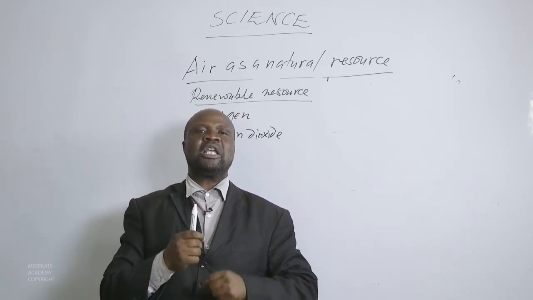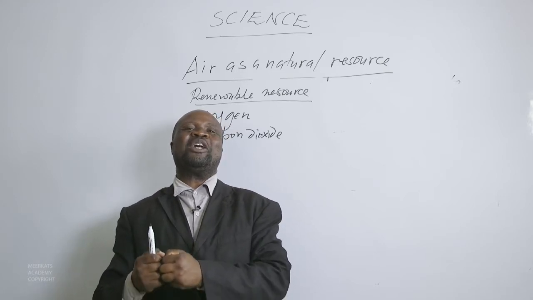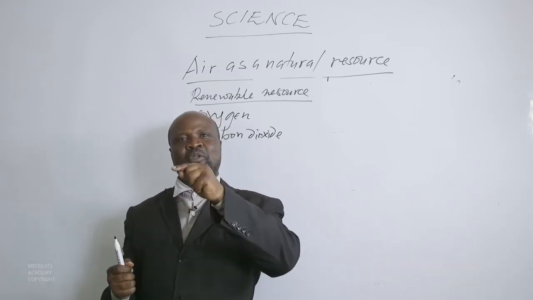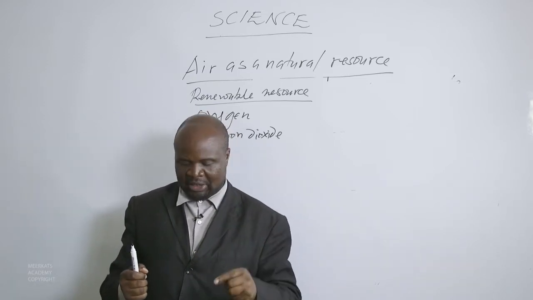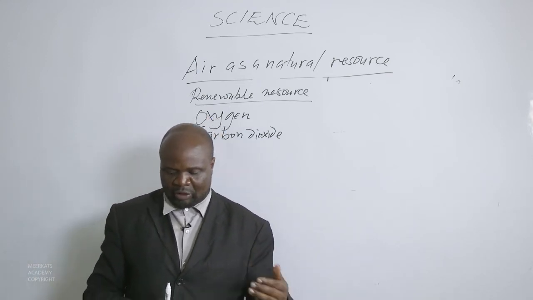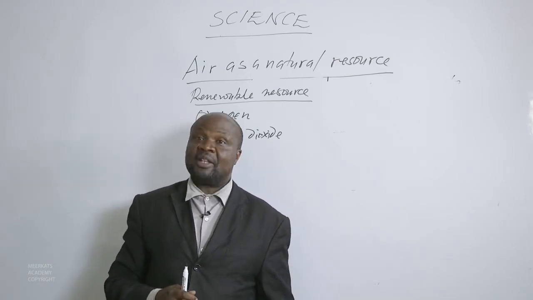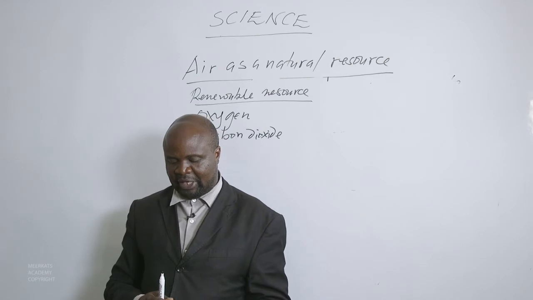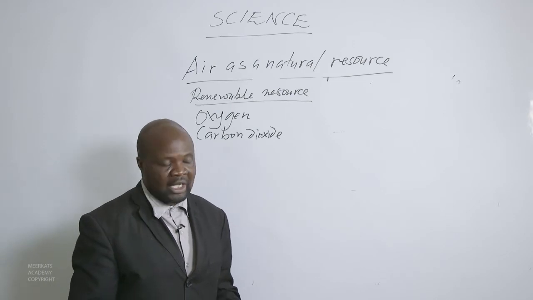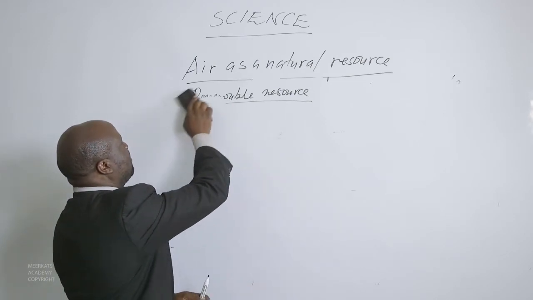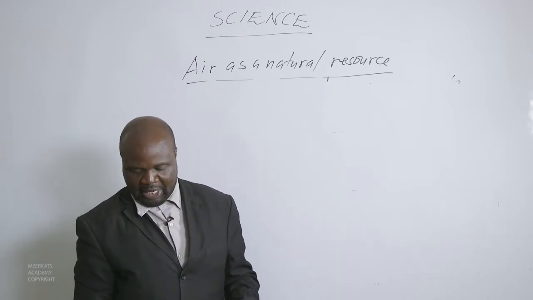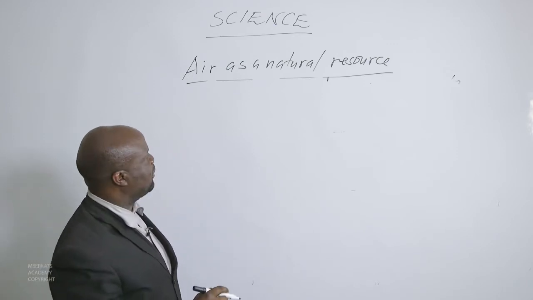So even for carbon dioxide, there is what we call a cycle, the carbon dioxide cycle. It goes to the atmosphere, back to the living organisms, to plants, and so forth. The cycle of oxygen and carbon dioxide can be shown in a symbol diagram below. We can have plants producing oxygen,